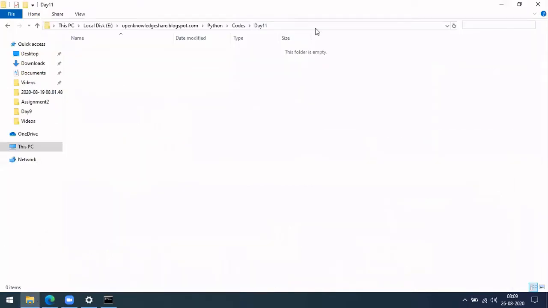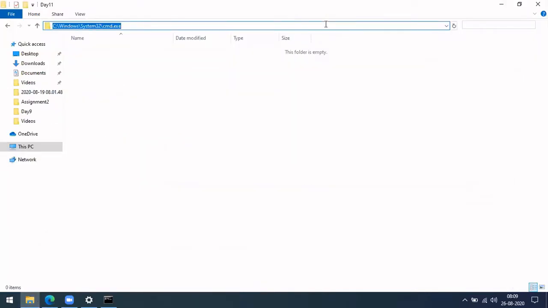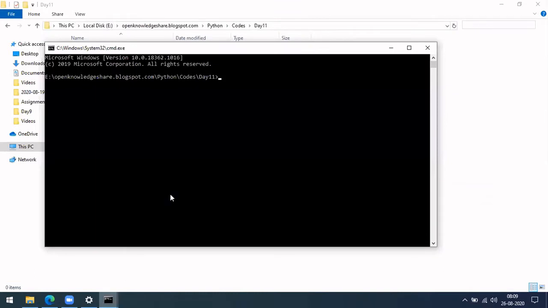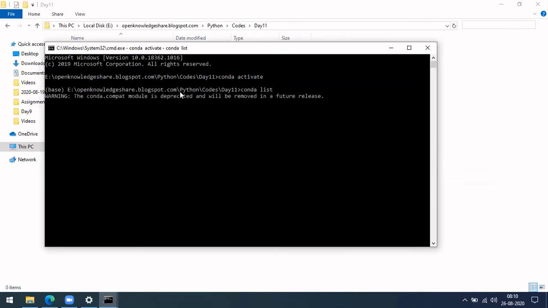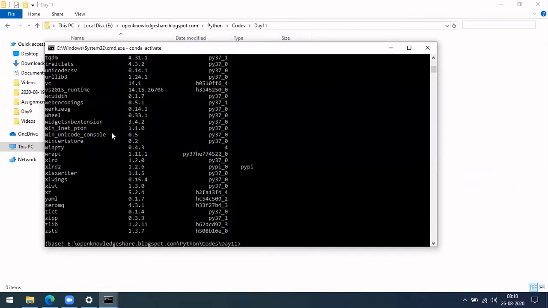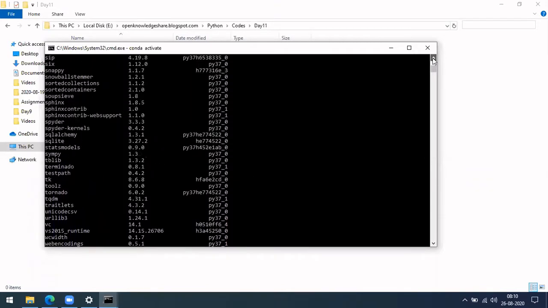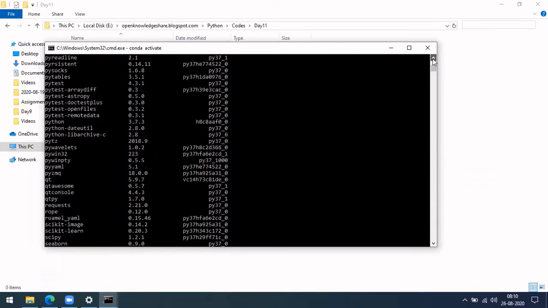So let's start. Connect one, activate. Like before, let me check if I have pandas in this environment. Go to pip here.